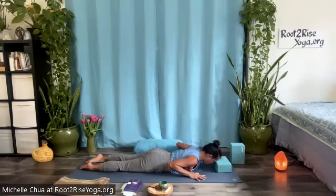Slide your left arm out to the left. Place the block or pillow just to the left side of your skull. Press the floor away slowly with the right hand and begin rolling over towards your left outer hip, resting the left ear on your prop. Slide your left shoulder blade further down the back